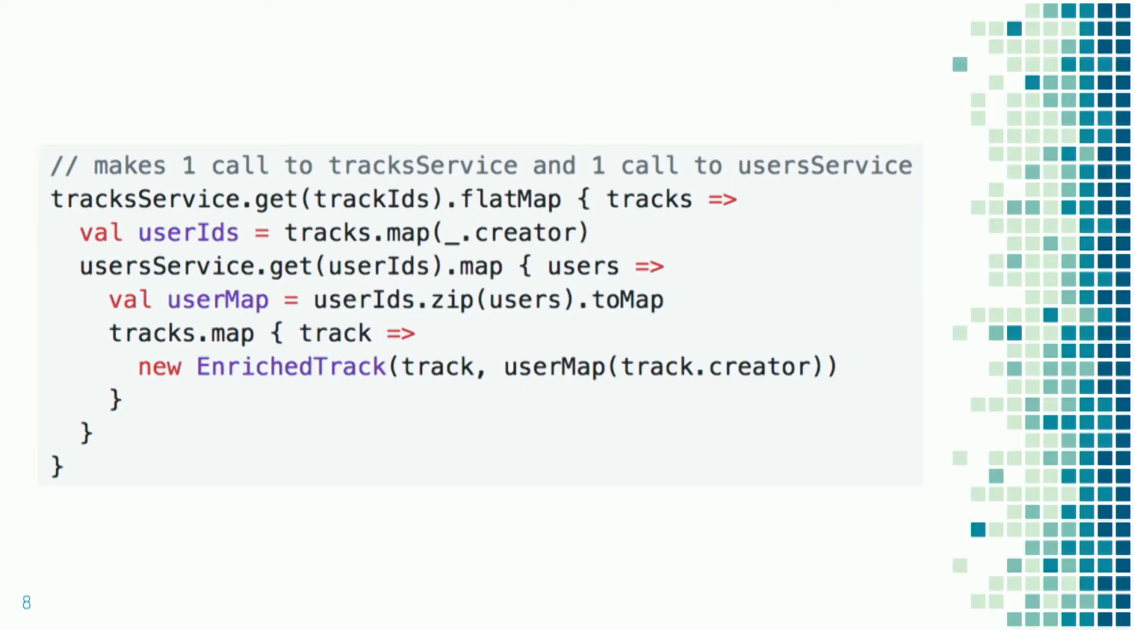So this is one code. It calls a track service and gets a bunch of tracks given a lot of track IDs. And then for each track from the track service, I get the user IDs of the creators of the track, and then I call the user service to get the users. Then I have the tracks, I have the users, I create the map between user IDs and the actual user. And then I create this enriched track that has the user and the track ID. Here it's not so complex, but if you see calling many services and doing batching,